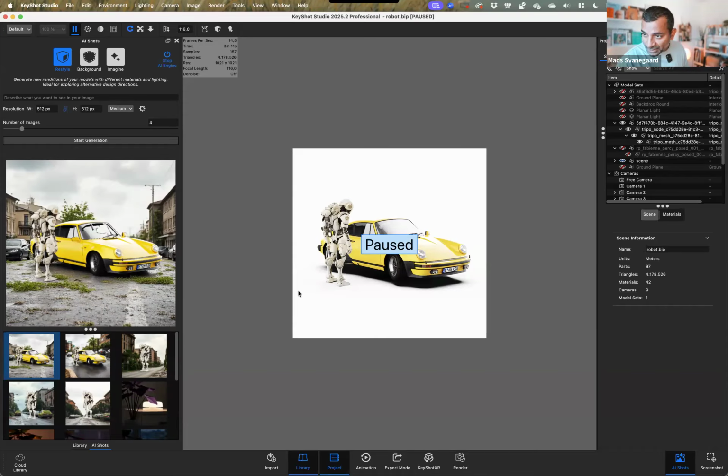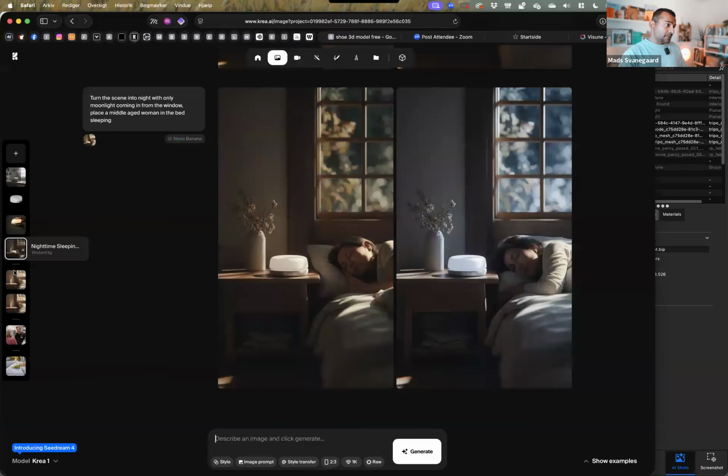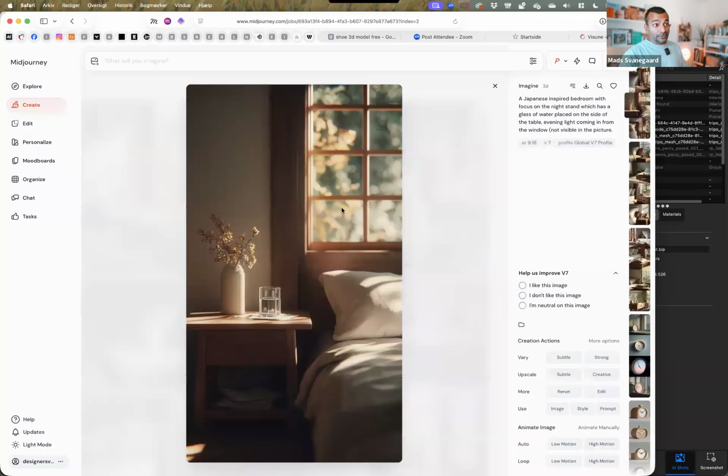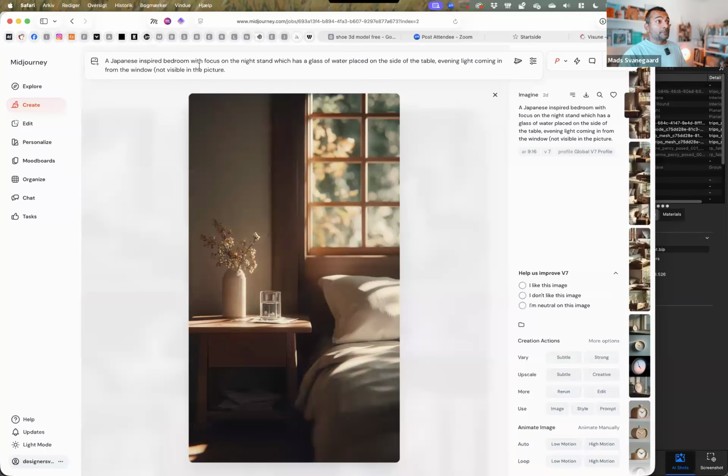Can you show again the initial image and prompt you use for the window at the moment? Yes, I can. Sorry, going over here. That was in Midjourney. So the original image is this one, and the prompt is a Japanese-inspired bedroom with focus